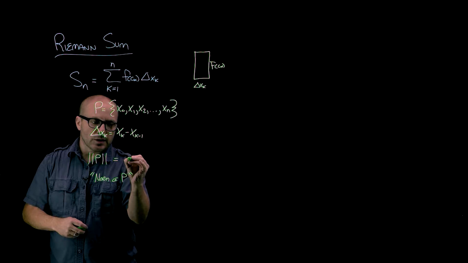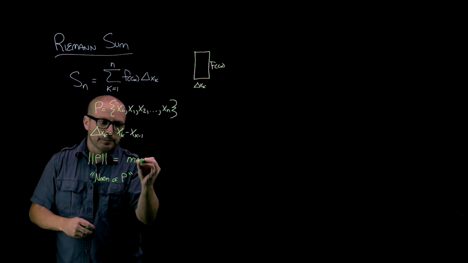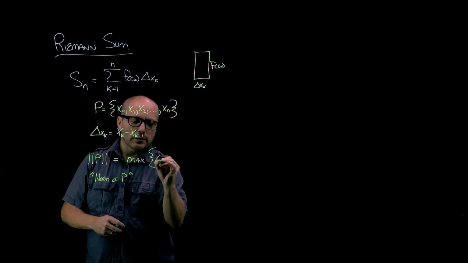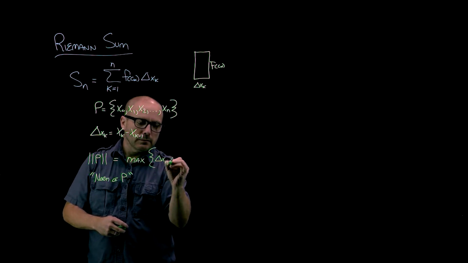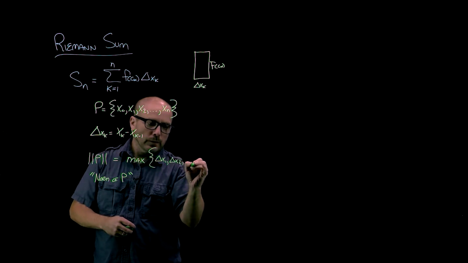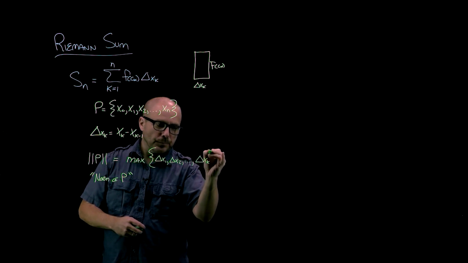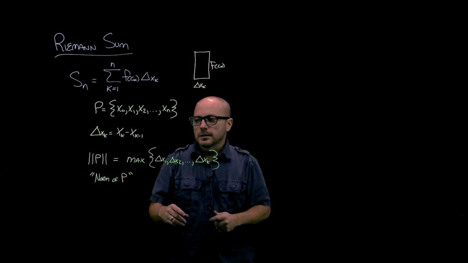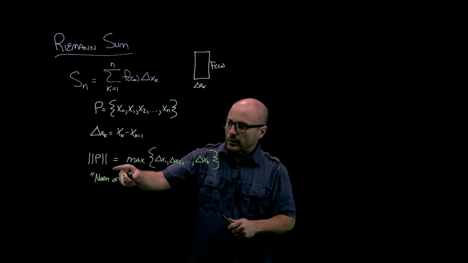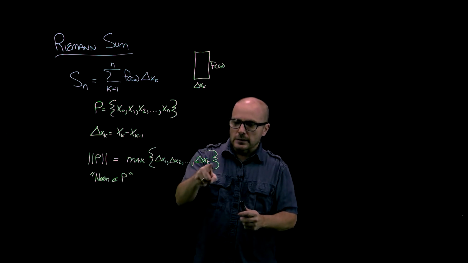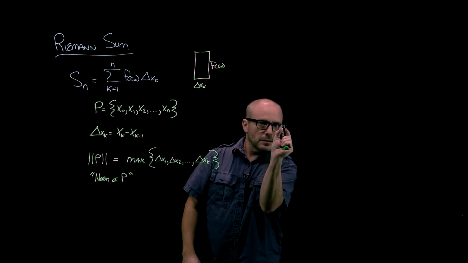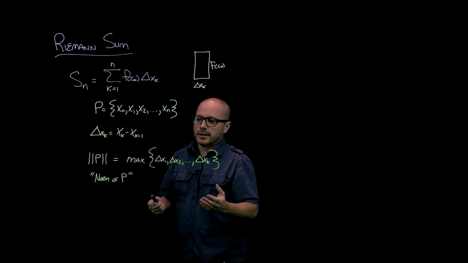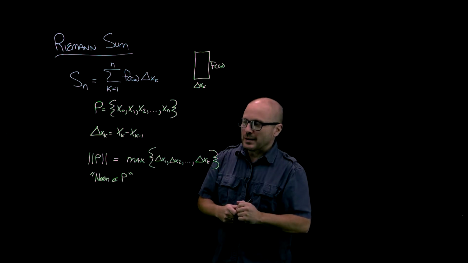The norm of P is just the maximum of all these delta x sub k's, so delta x1, delta x2, to delta xk. And so what we'd like is the norm of the partition, or the norm of P, to go to 0. Because if the largest rectangle's base is headed to 0, all the smaller ones are headed to 0 as well. And that's what we define as the definite integral. So when we take that limit,